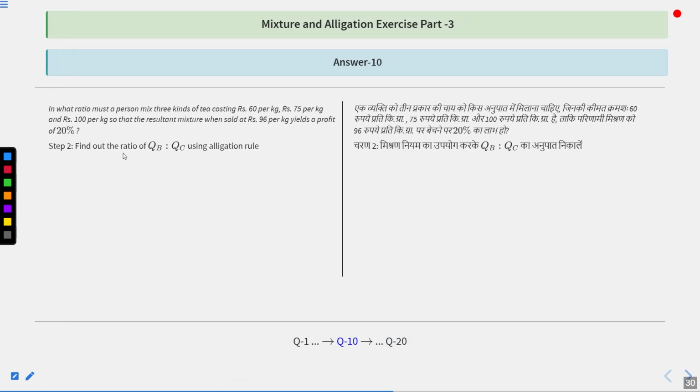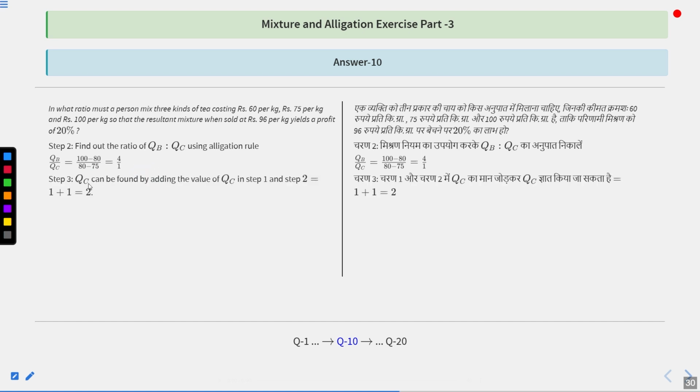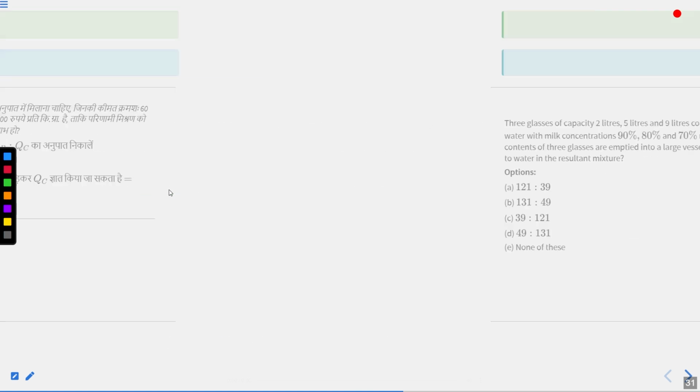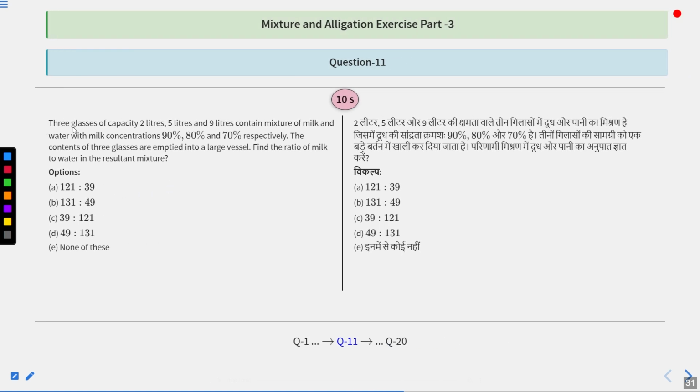Find out the ratio between QB and QC using the alligation method. So 100 minus 80 upon 80 minus 75. So it will become 4:1. So we can say that QC can be found by adding the value of QC in step 1 and step 2, which is 2. Clear? So QA, QB and QC will become 1:4:2. Clear? Next one is 3 glasses of the capacity of 2 liter, 5 liter and 9 liter contain mixture of